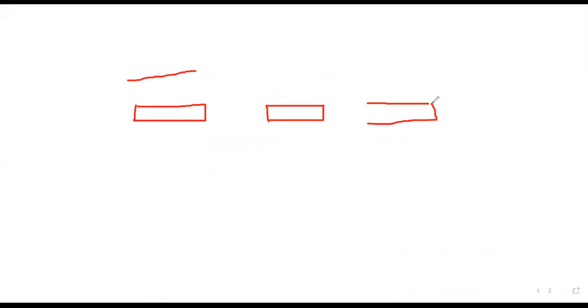Now, how is it applicable for a linked list? If you take a linked list, that also will proceed with the same formula. For example, I'm trying some notes here.